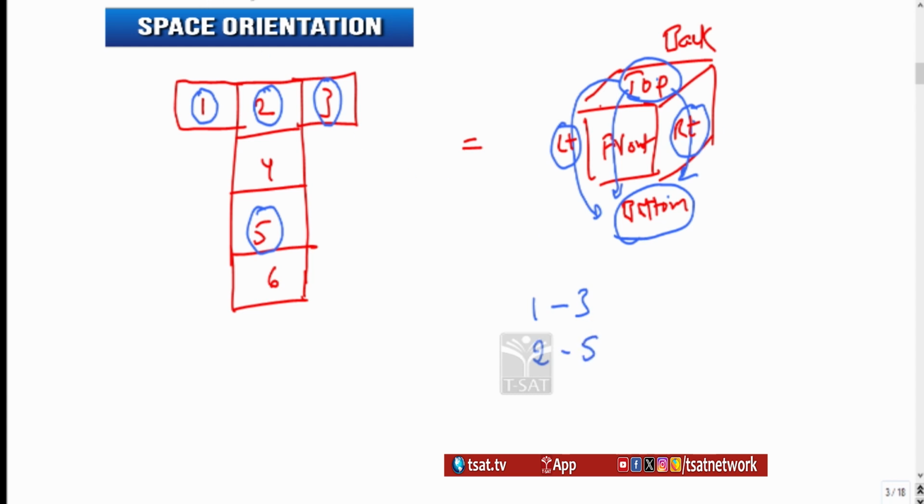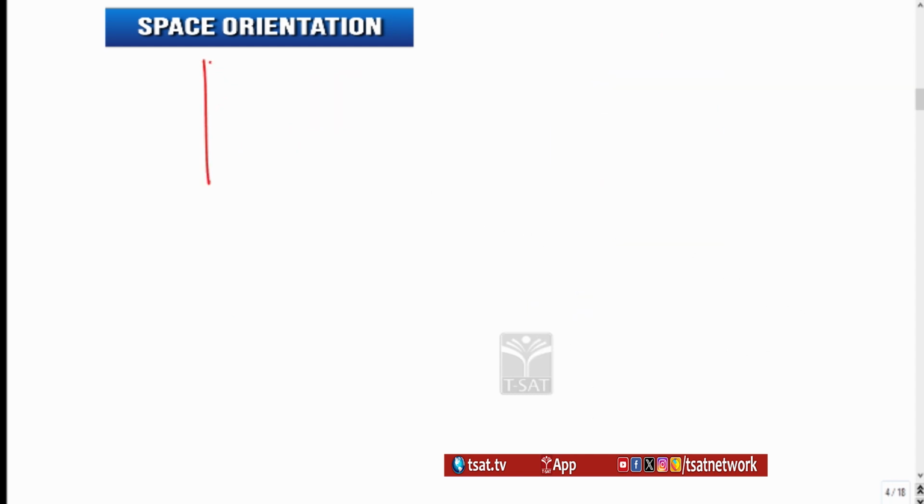In the same way, between 4 and 6, there is only 5, that is, one face is present. So I can say that 4 is opposite to 6. So here the keyword is: between 2 opposite faces only one face is present. For example, if the image appears like this,